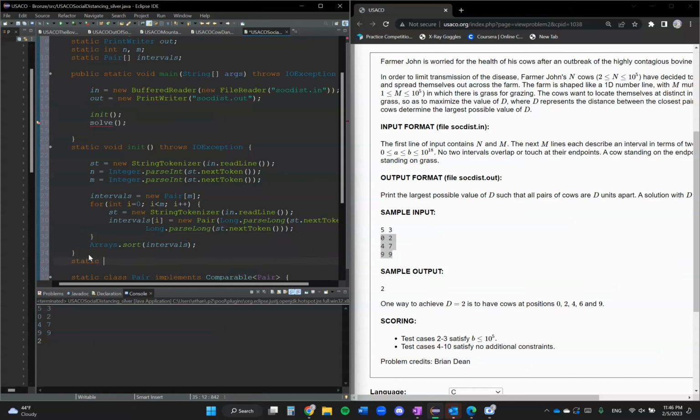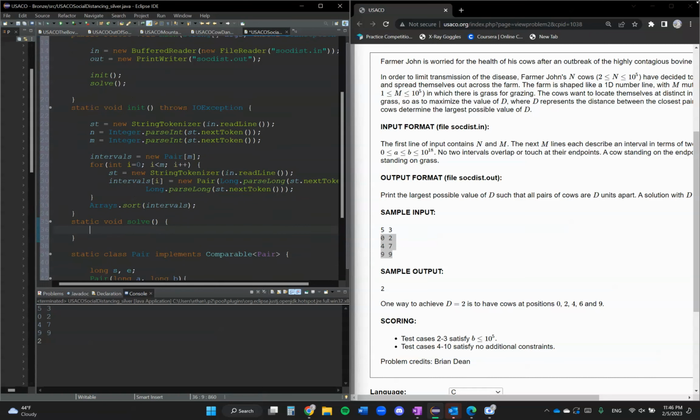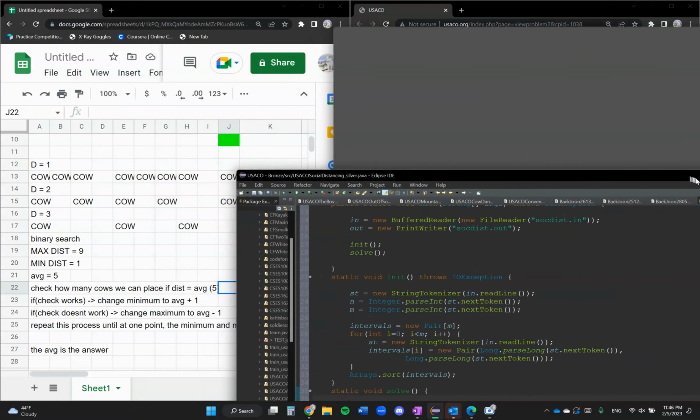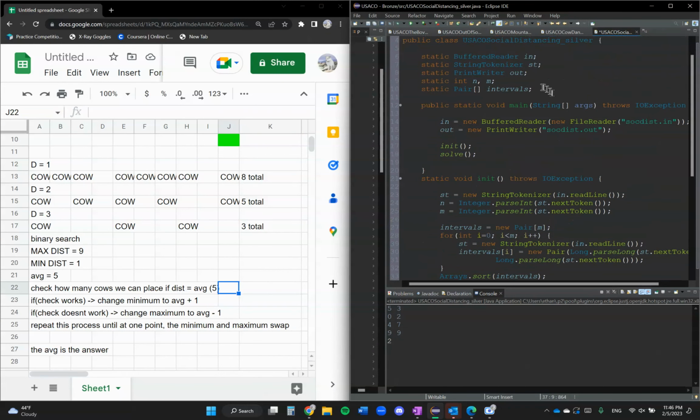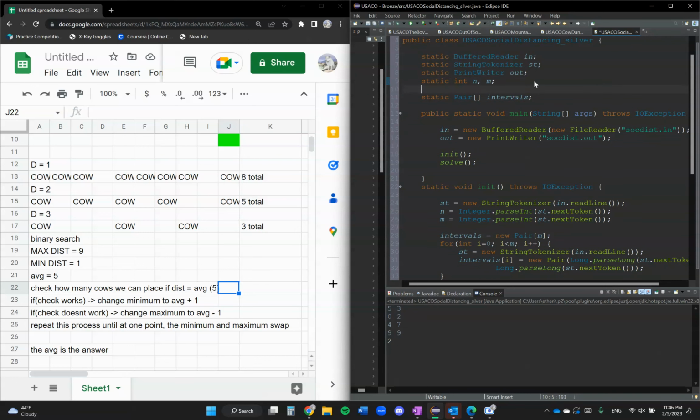So in the solve portion, remember, we need to first find the minimum and maximum possible value. I'm going to call them low and high, because it's what we usually use when we do binary searches. And remember that we have to set them to longs, because it can be up to 10 to the power of 18. So static long low, high,